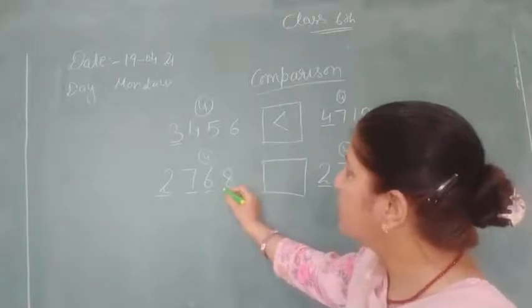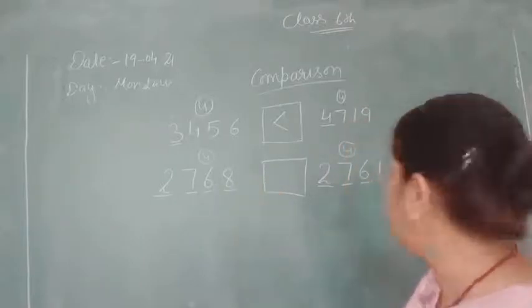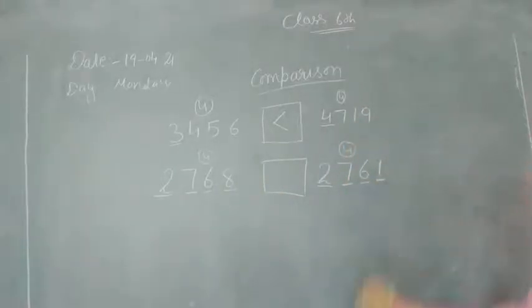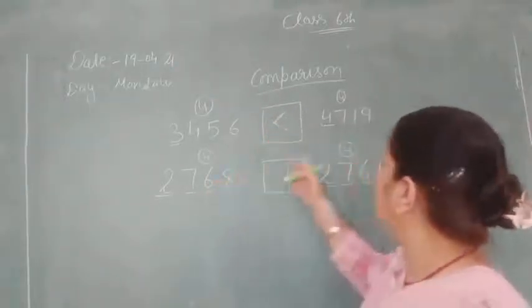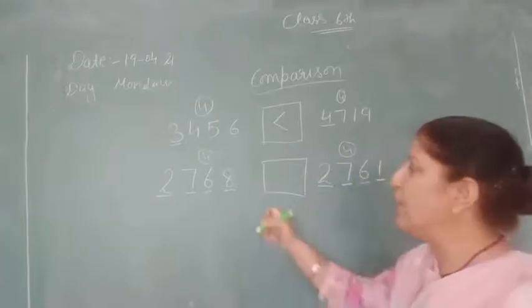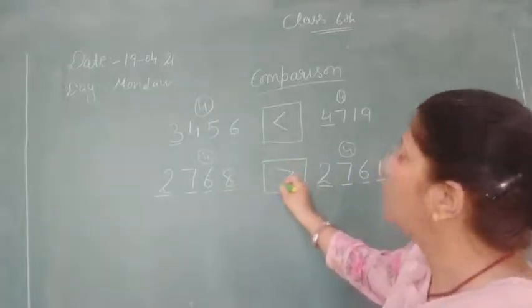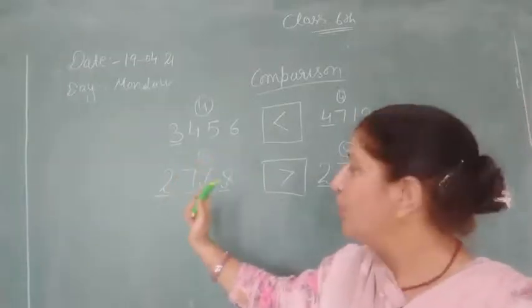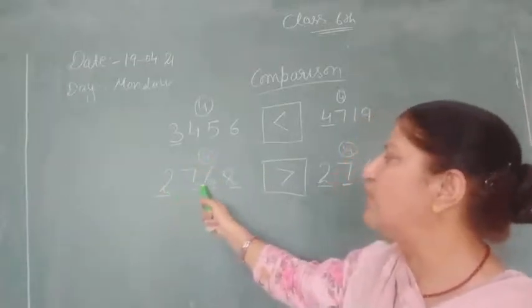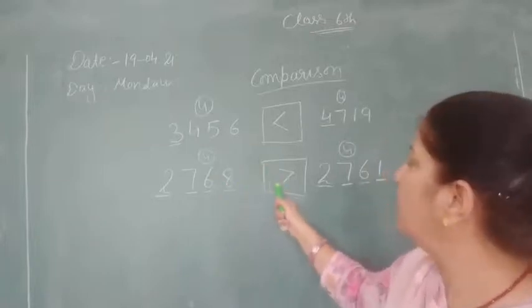Here we see that the ones place number is 8 and here the ones place number is 1. Now we know that 8 is greater than 1. It means that this number is greater than this one. Now we know that 2768 is greater than